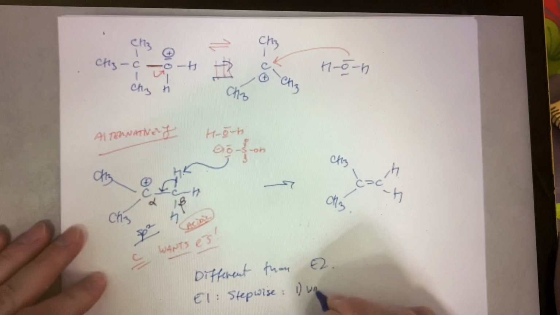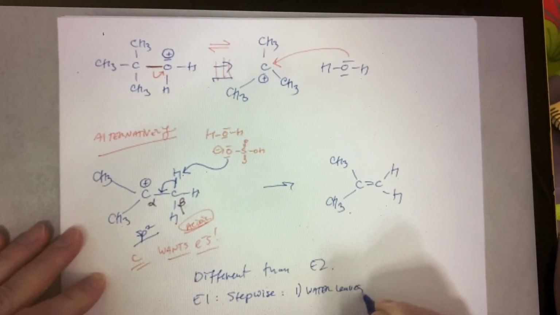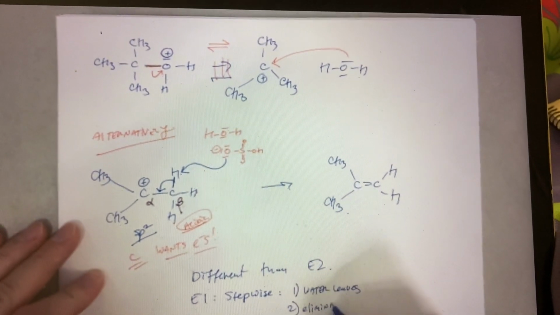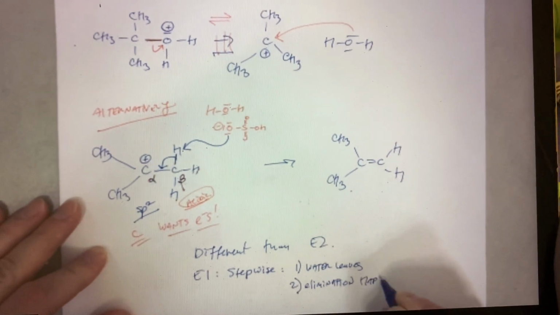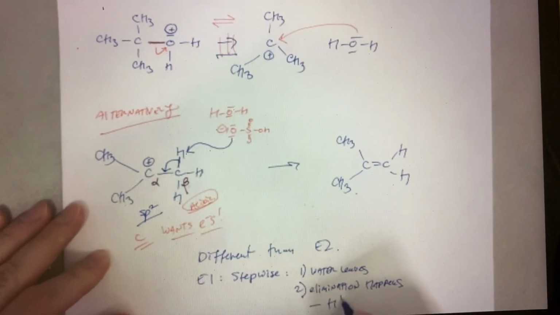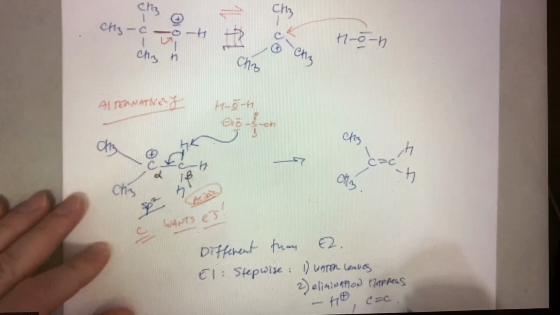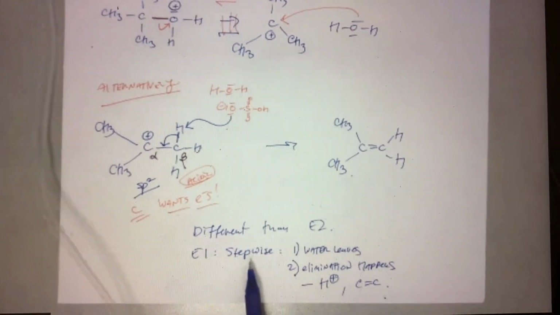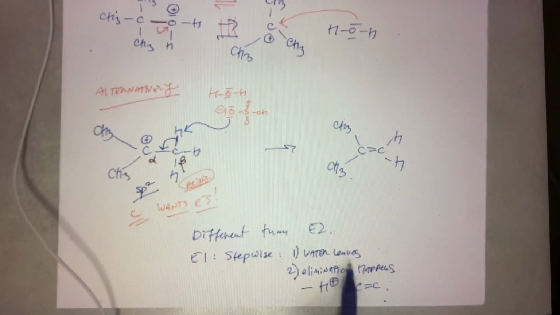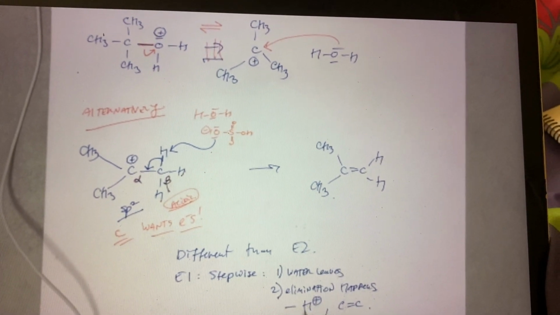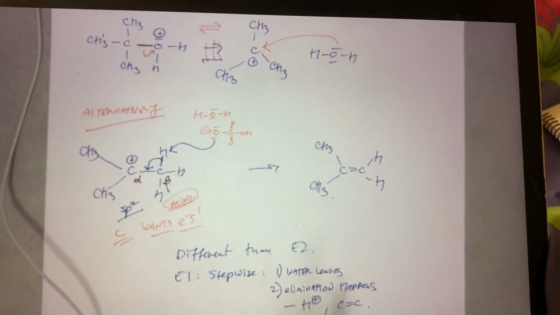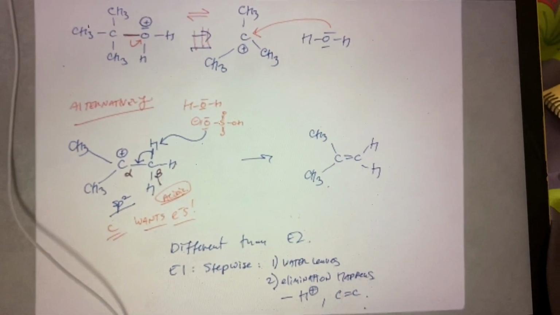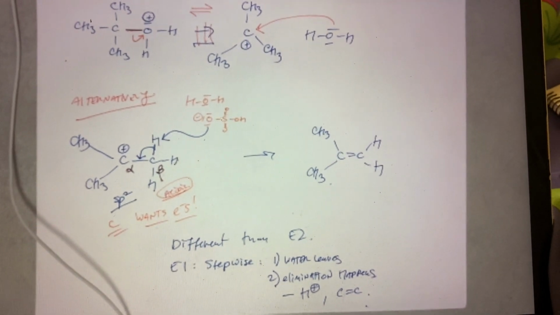First, water leaves. This makes a carbocation, and then second, elimination takes place. We lose an acidic proton, form a double bond. So these are stepwise processes. They don't happen at the same time. So the E1 reaction is stepwise. First, water leaves. Then we have a carbocation, and elimination takes place where we lose an acidic proton, and we form a double bond. So these are different, and this is the kind of the SN1 version of elimination, where we have carbocation, and